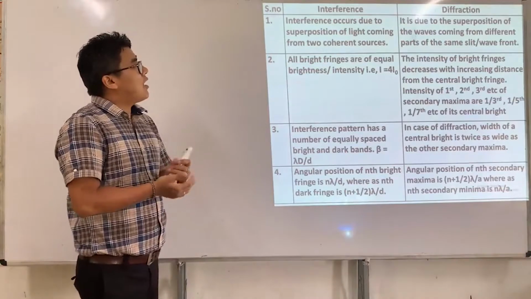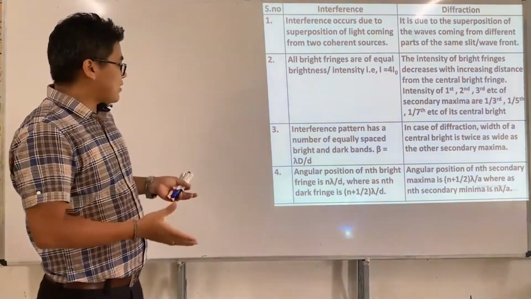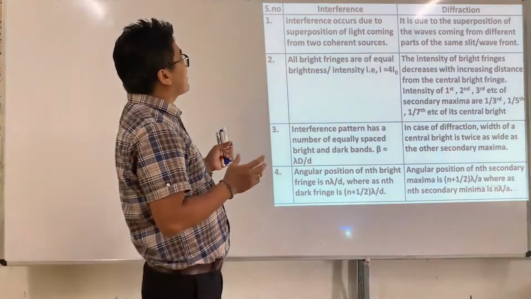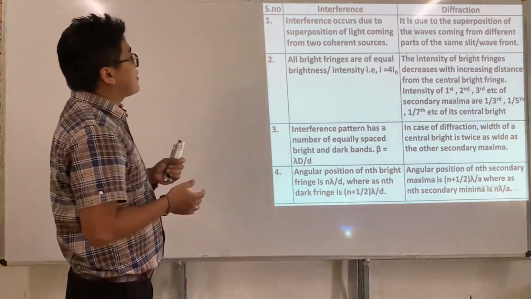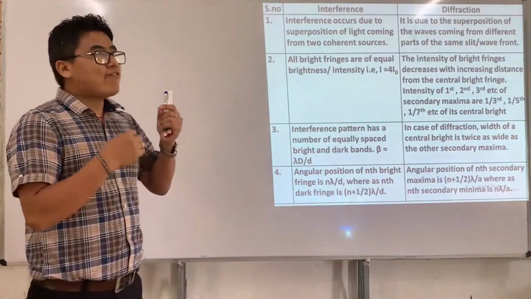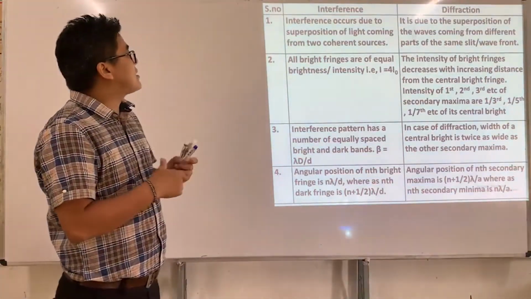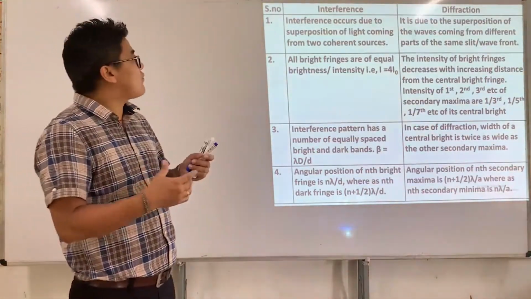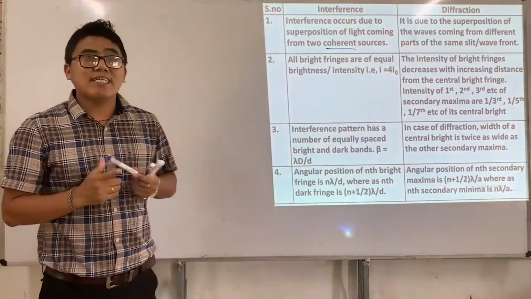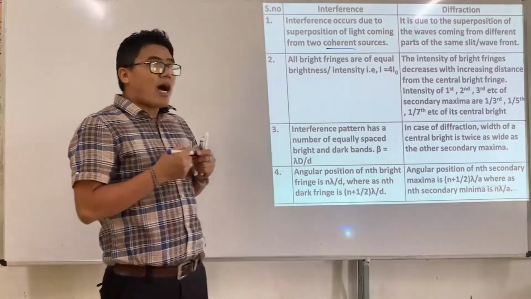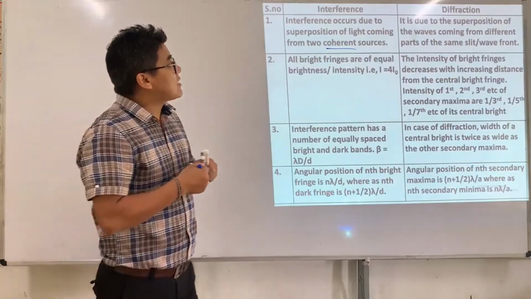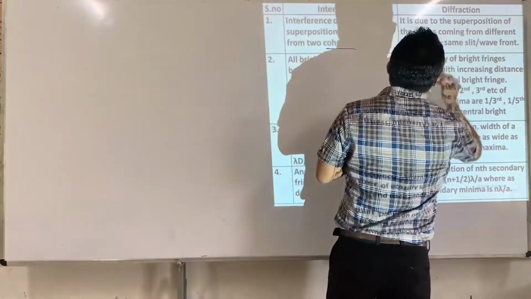I've done four points. So let me start something like this. When we talk about interference, light has to come from two sources, and the light from two sources interferes with each other, or the superposition of light coming from two coherent sources gives rise to what we call interference. Unlike interference, in case of diffraction, it is a superposition of waves coming from